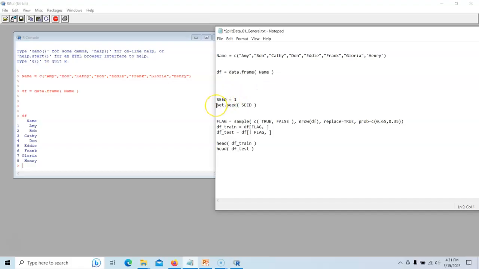The random number generator will use a seed value, and if you don't tell R what the seed value is, it's going to use the internal clock, and so it will be, for all intents and purposes, truly random. The reason I like to use a seed value is that it allows me to reproduce my answers. So here we have a seed value of 1,